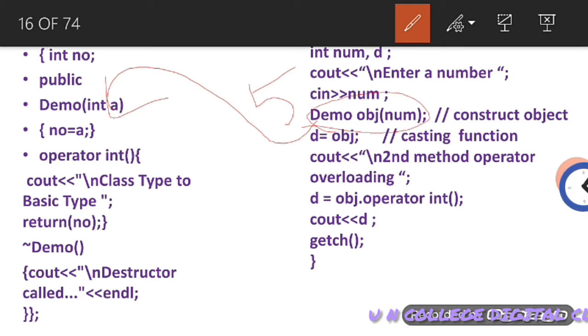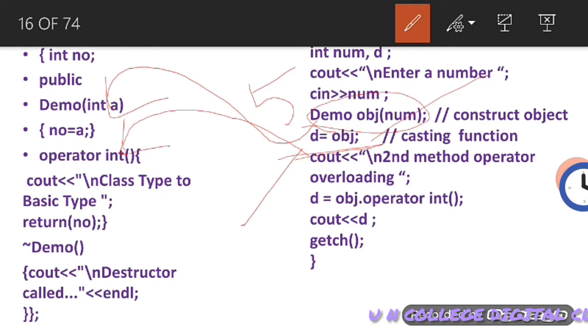Then d equal to obj. Here you can see that d is a basic type and obj is a class type, and the two are totally different. By using equal to, we are calling this function, and it looks like the class type content is passed to a basic type, and in this way we are performing class type to basic type conversion.